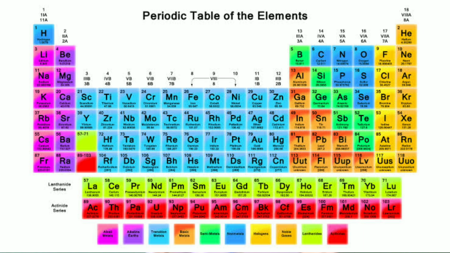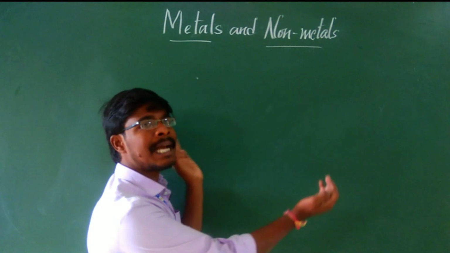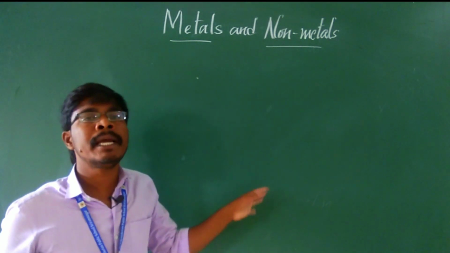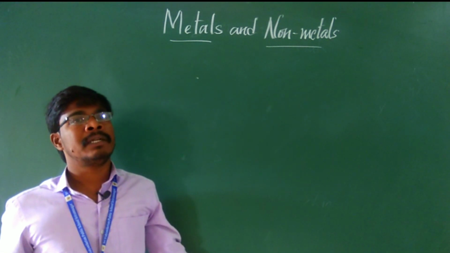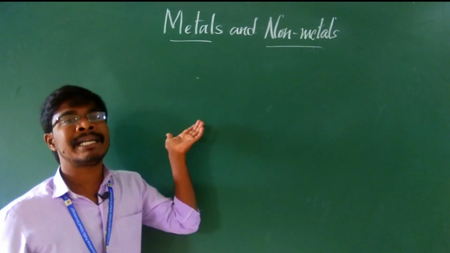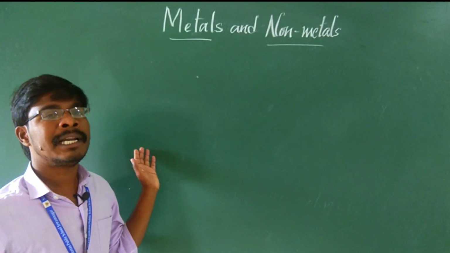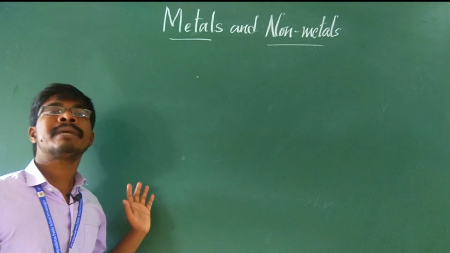As you know, the periodic table consists of S block, P block, D block and F block. The S block is at the left side of the periodic table and the P block is at the right side. The D block is in between the S and P blocks, and the F block is below the periodic table. So S will be left, P will be right. Metals are at the left corner, elements like hydrogen, lithium, sodium, potassium, calcium.